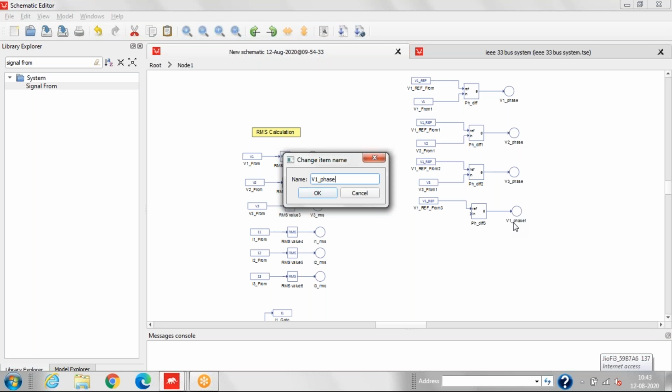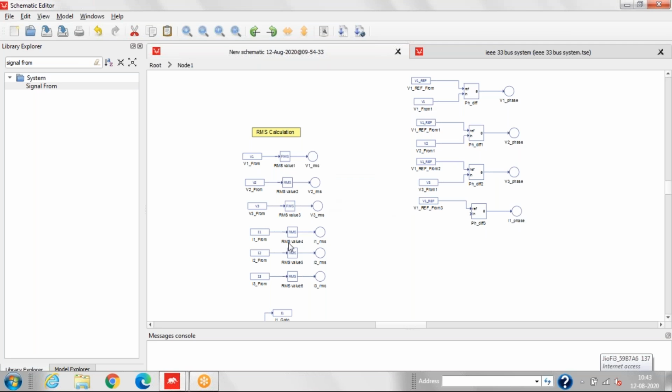So this is for I1 phase. So what we can do, we can copy this signal I1, I2, and I3, and we can paste it here.